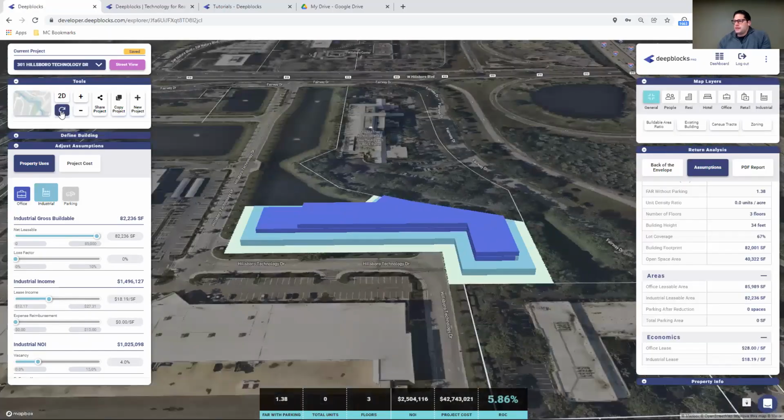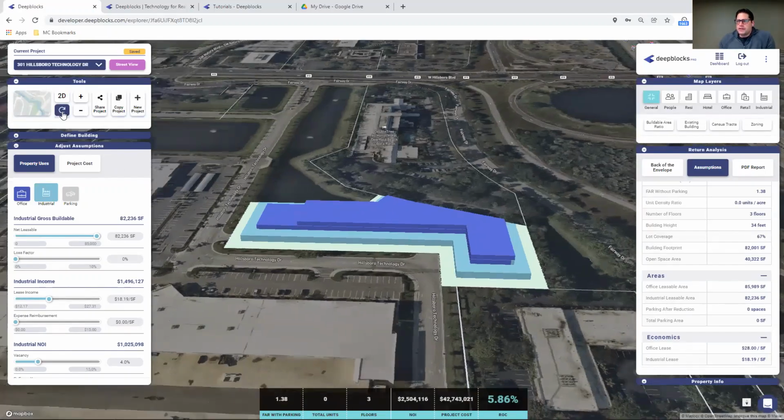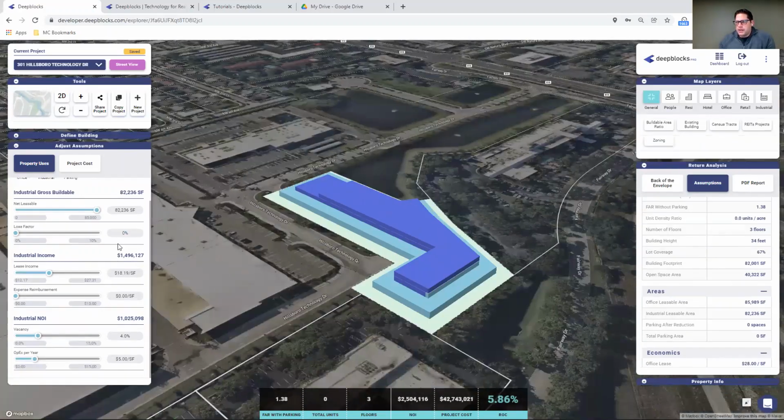So you kind of get an idea of how this building is being structured. It's a very large industrial warehouse below. We could put some, as I mentioned, office on top. But in going through the industrial now, we can adjust the income side as well. Again, we're bringing that submarket value. We can maybe make this $20. And again, work on that ROC, not too bad, 6.19% ROC. Again, it's a one-year back-of-the-envelope calculation.